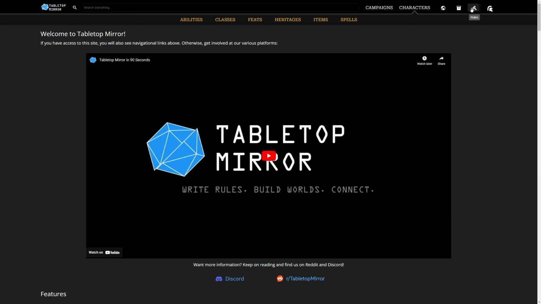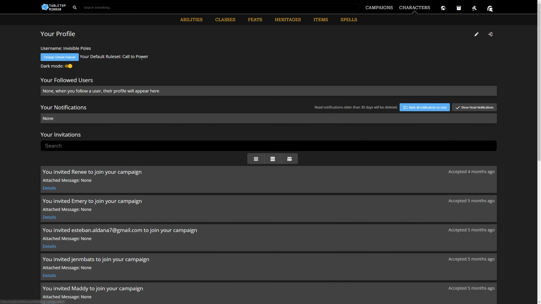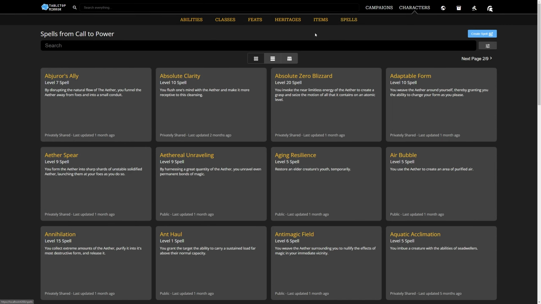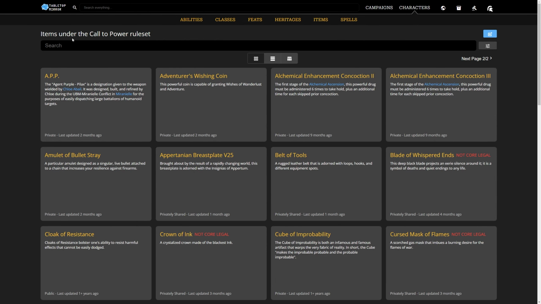So what is a context? When a user is logged into Tabletop Mirror, they always have an active ruleset. By default, this is a user preference on their profile, but they can always manually change it. Given that active ruleset, we set up a context so that everything they see is filtered to their system's content